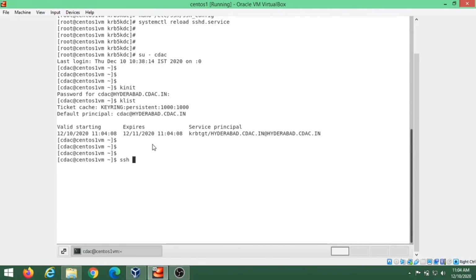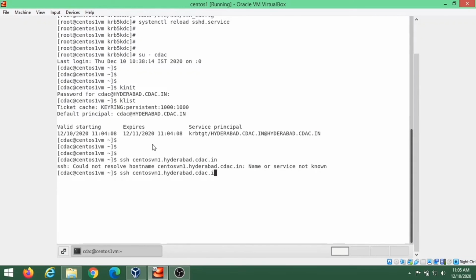Now we will be able to authenticate using Kerberos to the SSH server. We will SSH to the Kerberos server. Here I have given the wrong name.